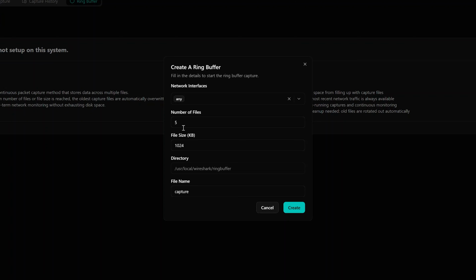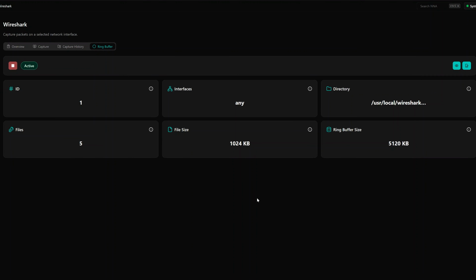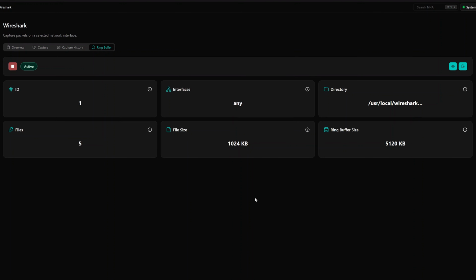We then can choose the number of files, the file size, the directory we want it stored in, and the file name. For demo purposes, I will be leaving all this default. After your settings are configured to your liking, we can click Create. After you click Create, it will bring you directly to the ring buffer page, and the ring buffer you just